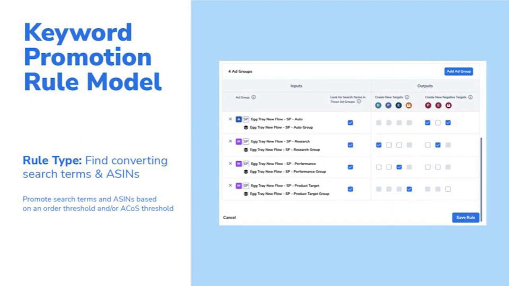So this is a model of what a keyword promotion rule looks like within Atomic. And again, this is designed to find converting search terms and ASINs. So what you see on the screen effectively is 4 different campaigns that are all in the same rule. What Atomic will do is look at all the search terms across all 4 of those campaigns, and if it finds any search term that is converting for you, it's going to add it to the other campaigns in the